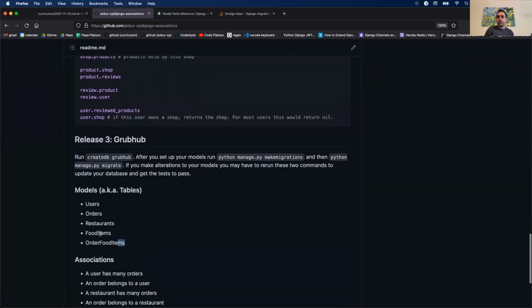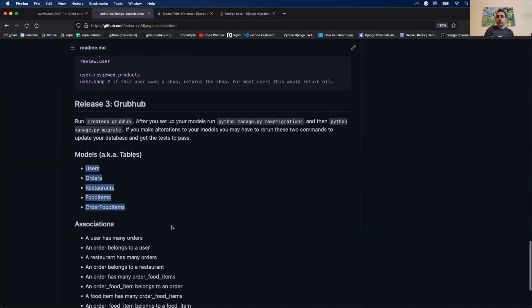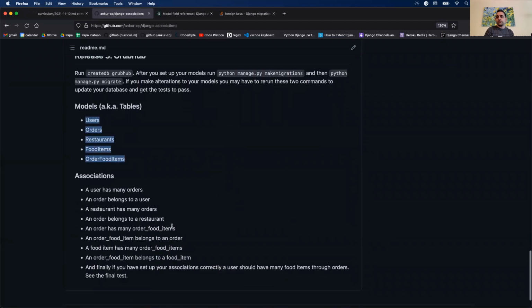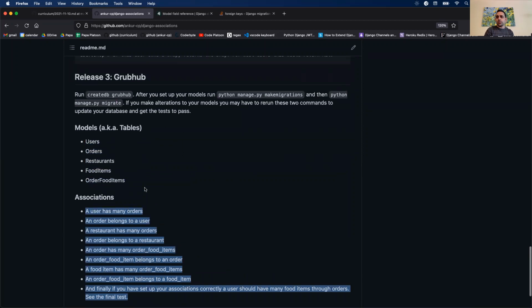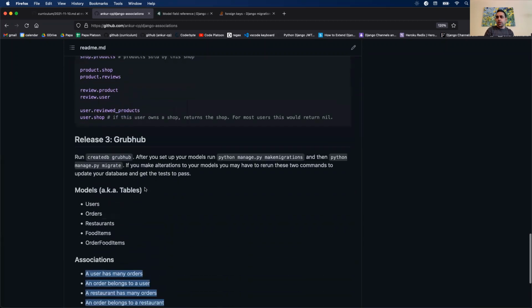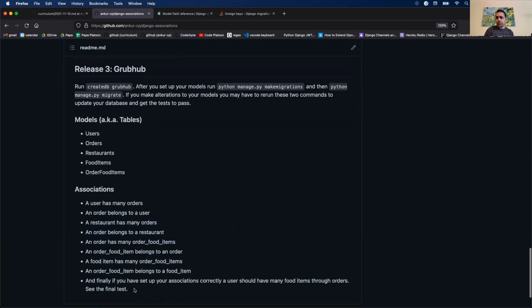And then we have Grubhub. So we did Grubhub data modeling last week with SQL for schema design. I'm going to be recreating that in Django. They kind of tell you the relationships. I was hoping you guys could figure out how to do that yourself. I guess they clue you into that. I'm not sure if this is correct, but hopefully they're not misleading you there.